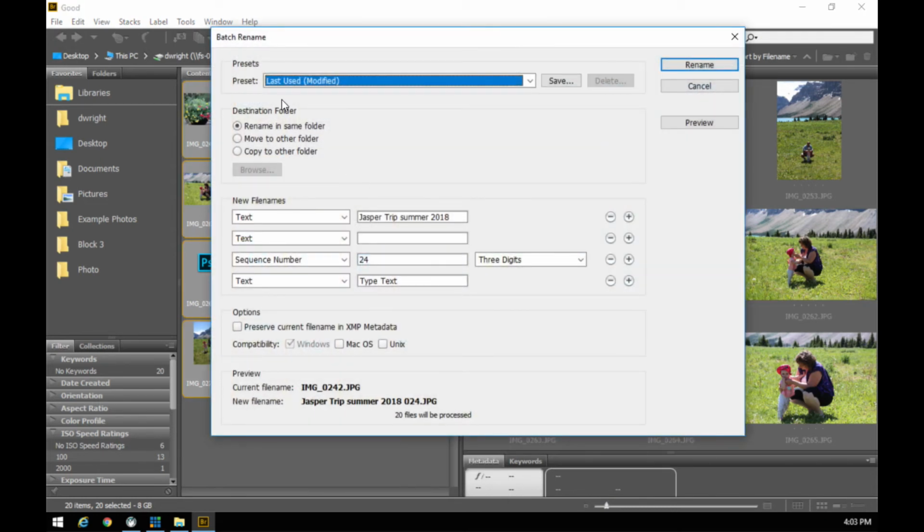When I do that, it's going to give me whatever the last settings I used were, and in this case I did this already earlier today. So Jasper Trip Summer 2018 is the title. I'm going to fix this to be a capital, and I'm going to reset this back to 0, or excuse me, back to 1. So the first picture is going to be Jasper Trip Summer 2018-001 instead of image 0242, which means nothing